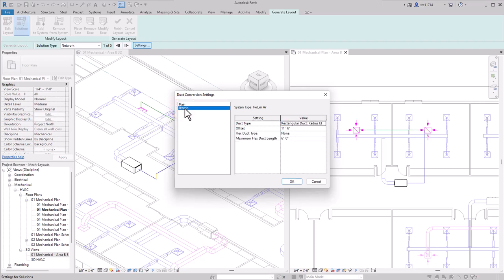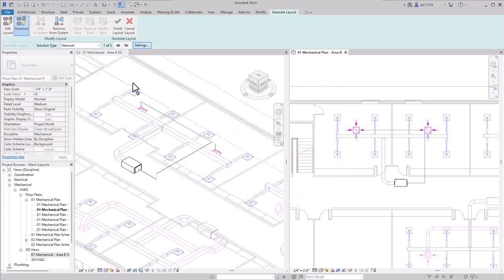Then on my branches, I'm going to do the rectangular ducts with radius, elbows, and taps with a height of 11'6" again. For the return, I will not be using any flex ducts, so that will be set to none, and then of course the value won't matter then. I'll go ahead and click OK. And then we'll cycle through some solutions. So once again, the blue lines are the mains, the green are the branches, yellow indicates there's some sort of problem there. So I'm going to go through each of these.